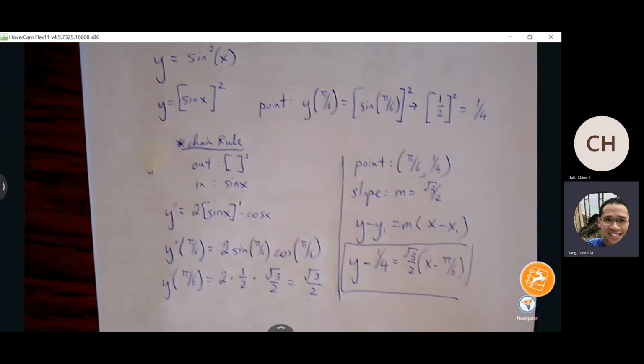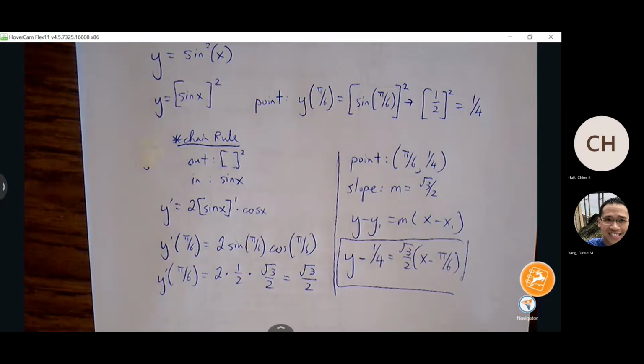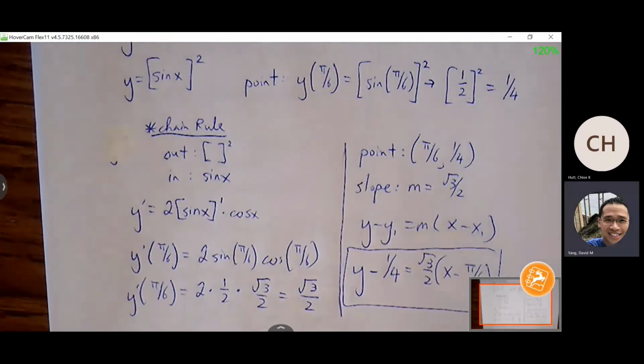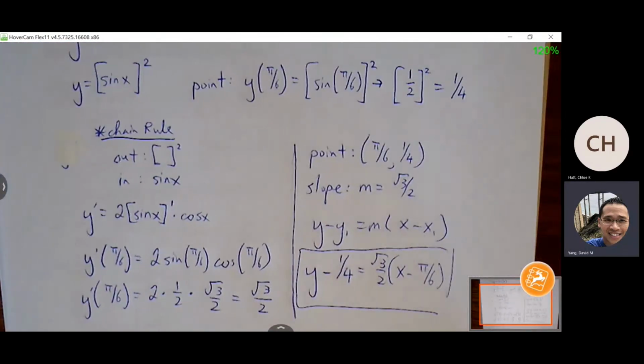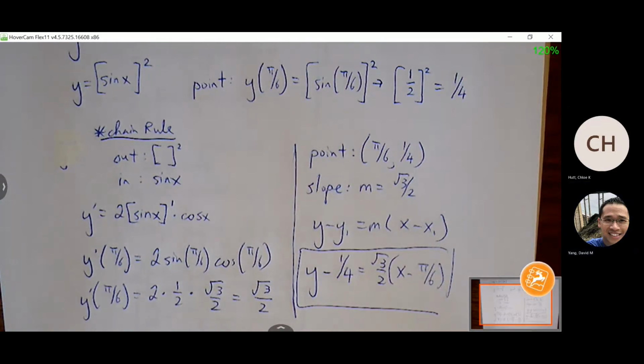Okay, this is what I got. I forgot to simplify. What'd you get? I got 2 root 3 over 4? I got y minus 1/4 equals 2 root 3 over 4. That's fine. X minus